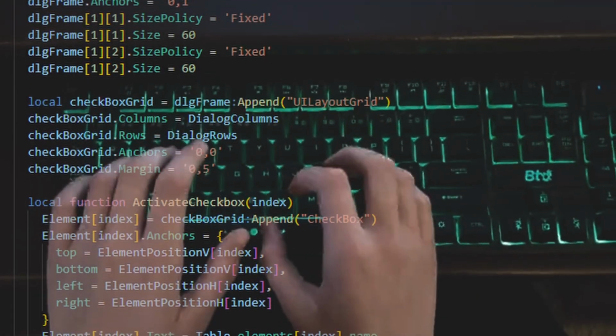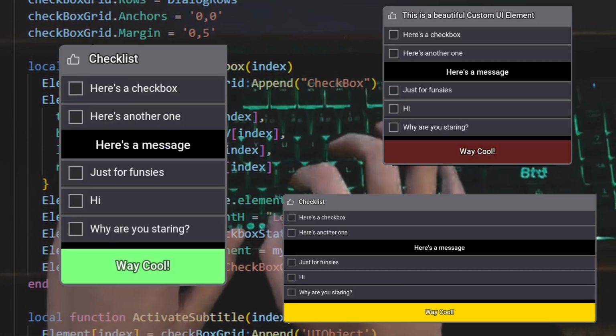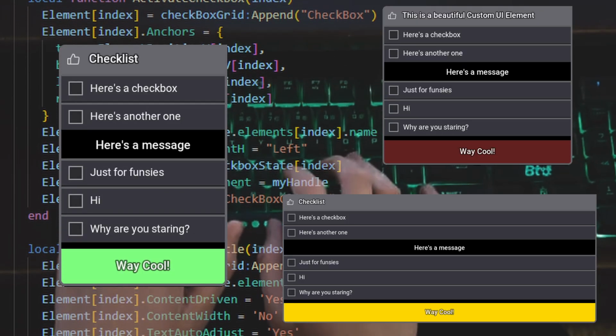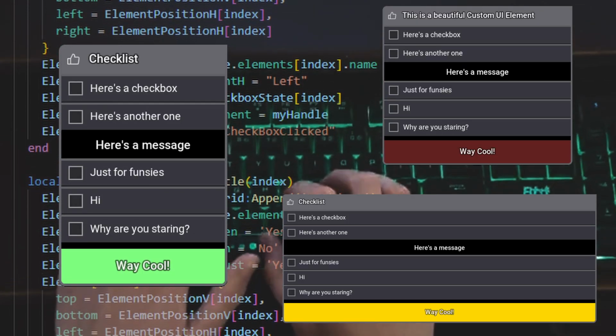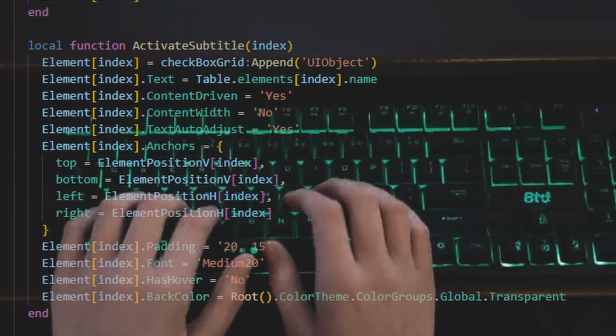What if I told you you could build your own pop-up box for MA3 piece by piece, whatever size, shape, and color you want, and make it easily reusable and customizable for each use case without rewriting the whole thing each time? And you don't even need a computer science degree to do it.